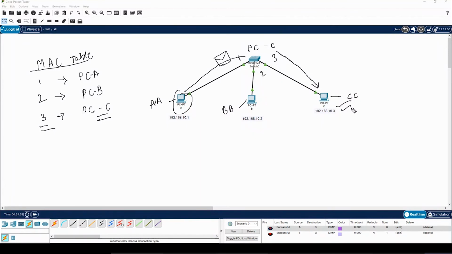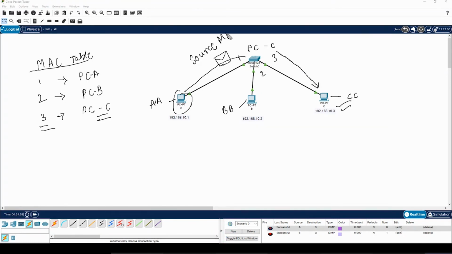To understand this more specifically, if A sends a message to C, it will reach the switch first and it will have a source MAC address of AA. When PCA sends this message, it will contain a source MAC.